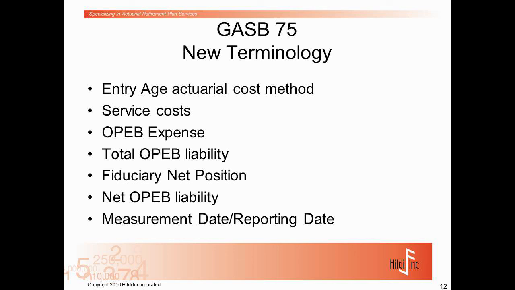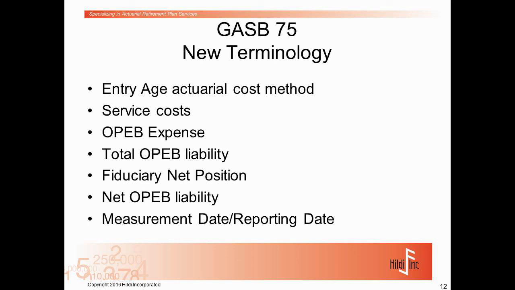So some of the new terms you'll hear, we've already gone over the entry age funding method. Instead of normal cost, you'll hear service cost. I think that's a better term because, with the move to GASB 45, it was really a switch to an accrual style of accounting. And we're accruing costs for all of you as you're working at your entity. So as you're finishing off another year of service, we have that accrual expense for you. So now instead of calling it normal, and there really wasn't anything normal about it, they're actually calling it a service cost because that's really what it is.